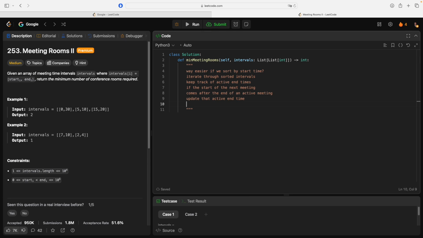And then the answer would just be the max length of